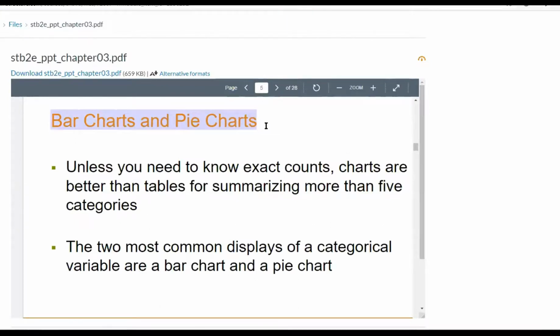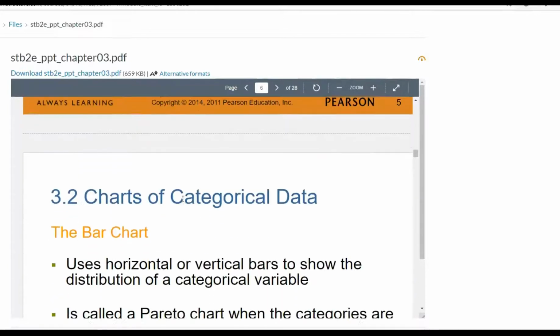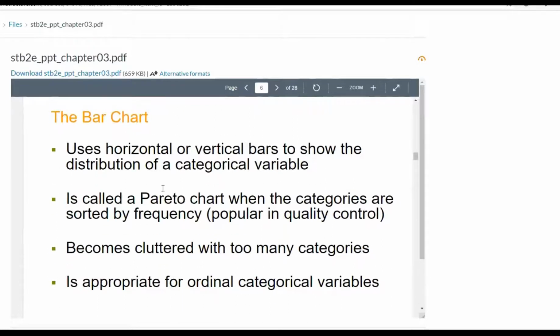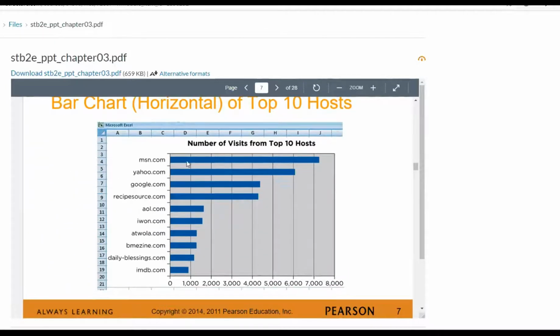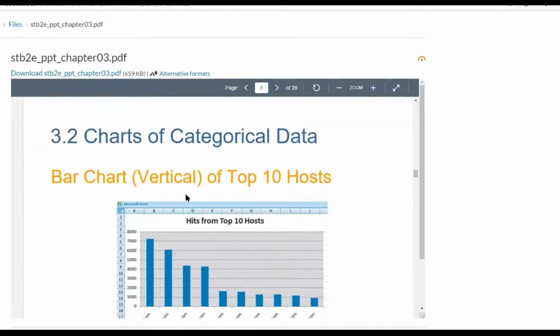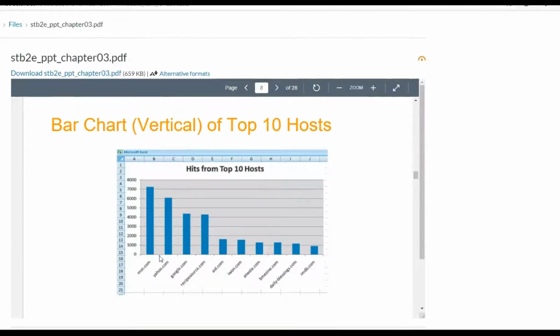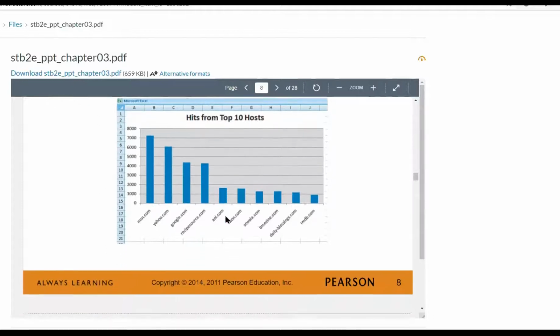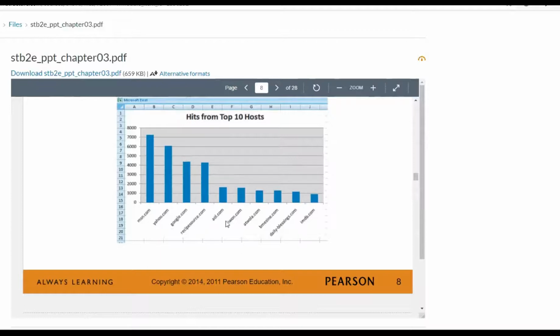So bar chart and pie chart is for categorical variables. And we are on the chapter that is about categorical or group variables, right? So the bar chart, what is the bar chart? It has bars, and each bar represents one category. Remember that there is a gap between the bars. If this gap gets 0, that is not a bar chart, that's a histogram. So that's the difference, and it's very important. So it's better to represent bars like this, vertical, not horizontal. And you can see down here, each group has different values associated to it, and that is what creating the